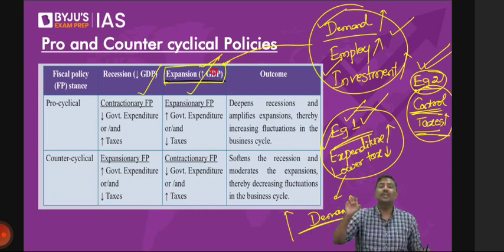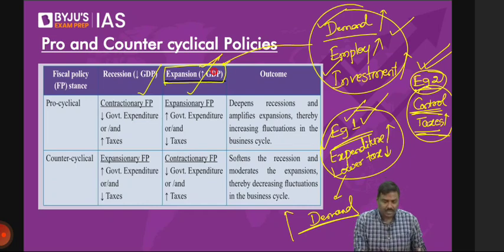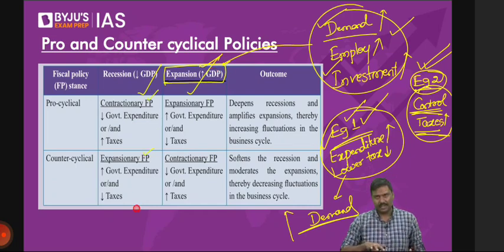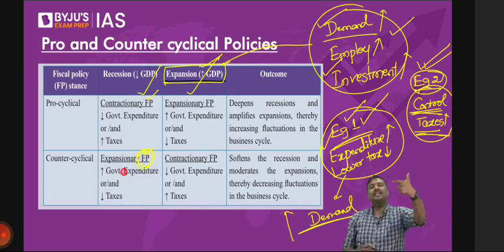And there are two terms here, fiscal policy and expansionary or contractionary. Fiscal policy means government taxes and expenditure. For example, government will announce a budget. What do you think government will do in the budget? Announce expenditure, announce taxation. So any policy of the government related to expenditure and taxation is called fiscal policy. We'll discuss taxation and the budget later. Don't worry.